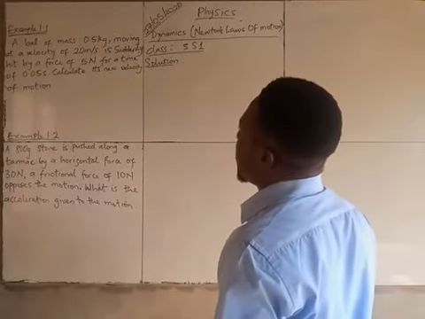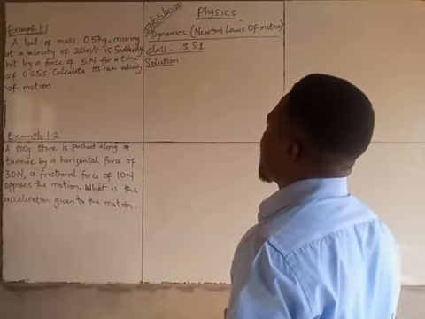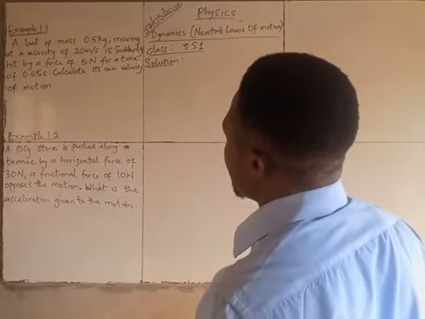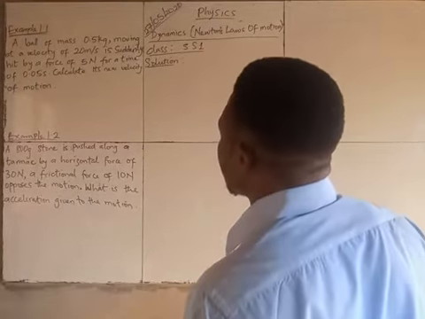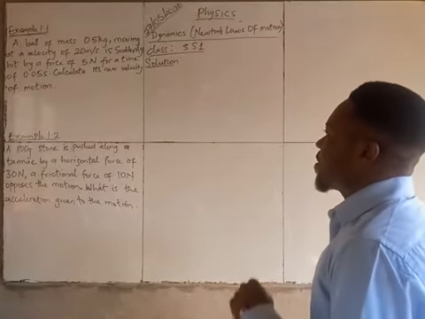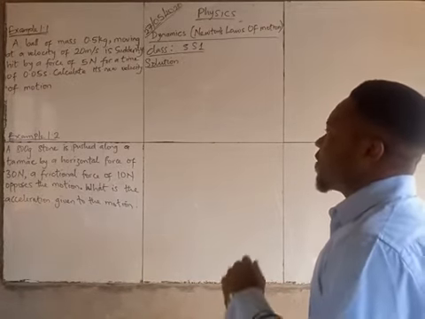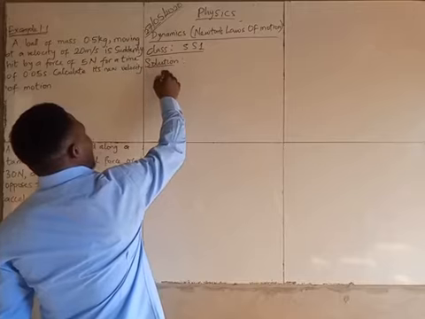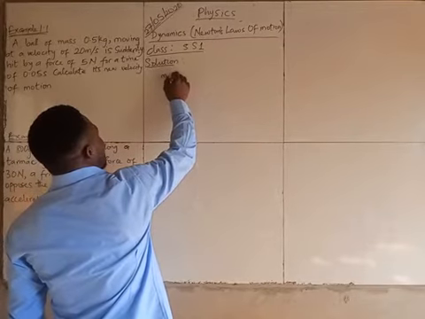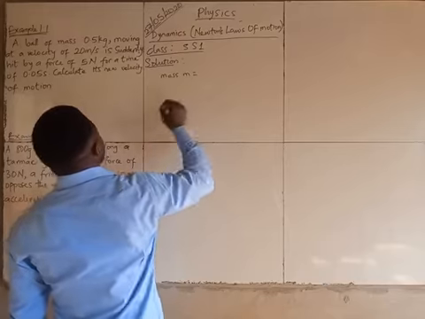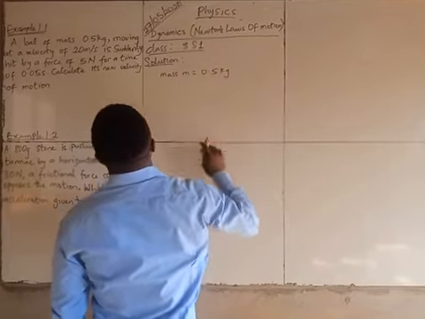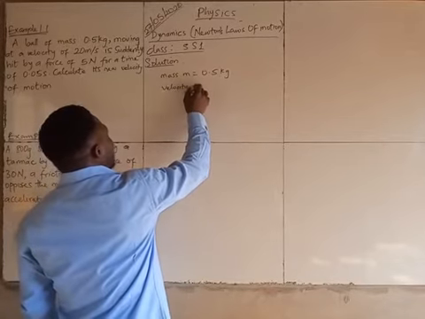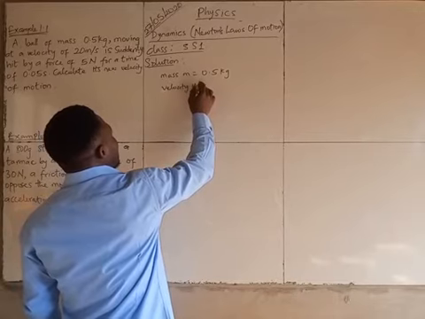Example 1.1: a ball of mass 0.5 kilogram moving at a velocity of 20 meters per second is suddenly hit by a force of 5 Newton for a time of 0.05 seconds. Calculate its new velocity of motion. Now let's bring out the parameters that we have. We have the mass of the body that was moving. Mass M was given to be 0.5 kilogram, and the initial velocity,